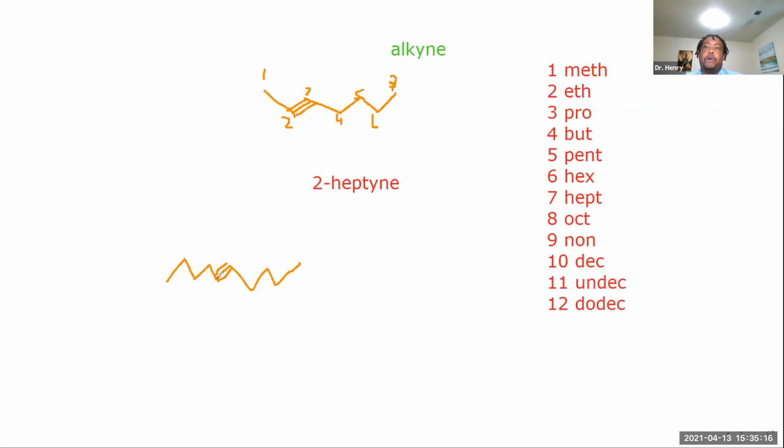And I should probably draw this correctly. Triple bonds are typically linear, and then the next group comes afterwards, because it won't be able to bend. So 1, 2, 3, 4. 1, 2, 3, 4, 5, 6, 7. We'll do this one first, and then this one. This is the typical way you draw it, because the triple bond has to be linear with the next carbons adjacent to it.